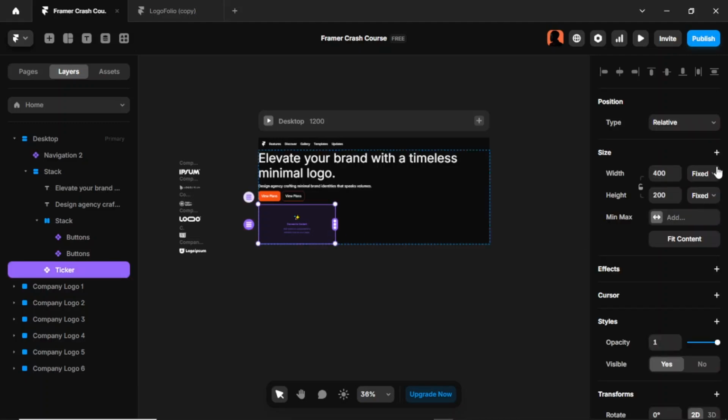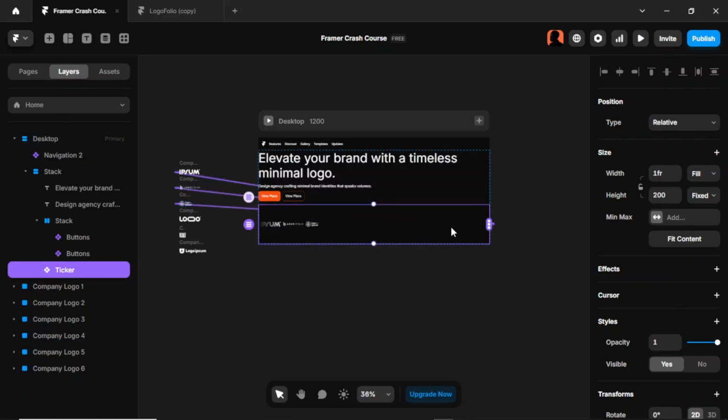Then I'm going to set this ticker's width to fill. I'm going to leave the height for now. To connect our ticker to these elements here, I'm just going to use these dots right here and then connect it to the first one, to the second one,